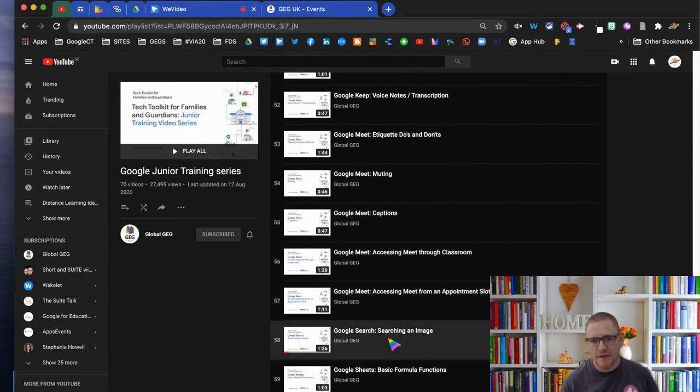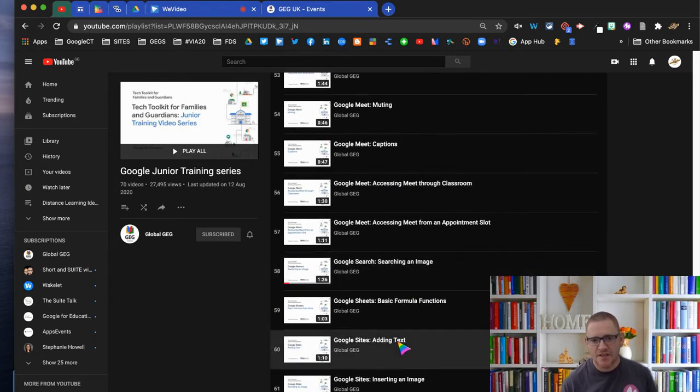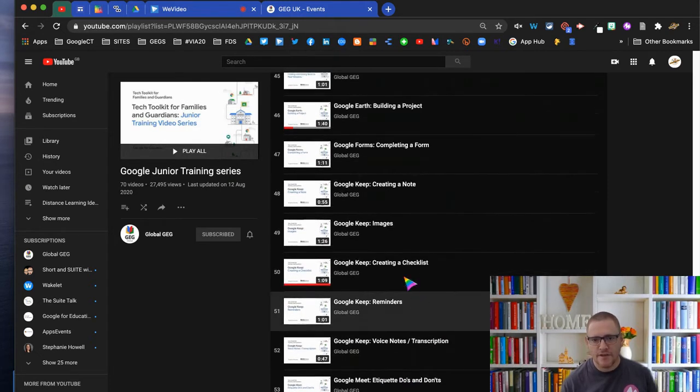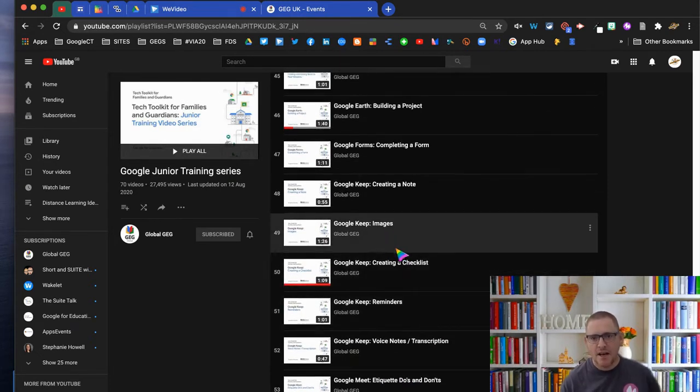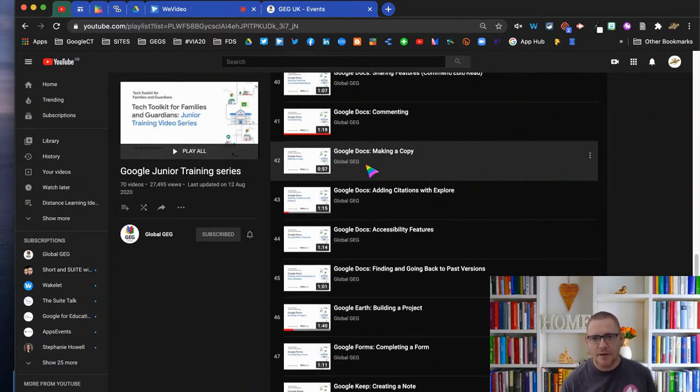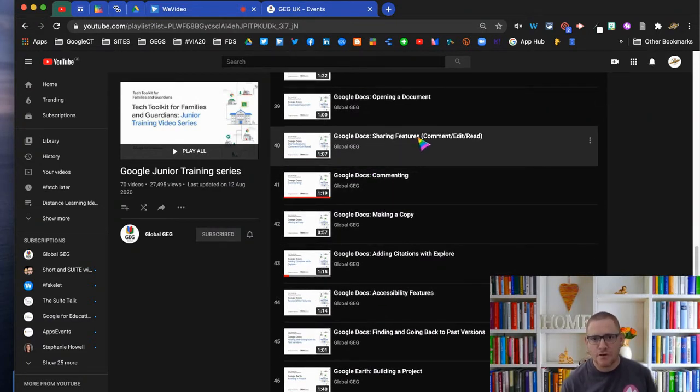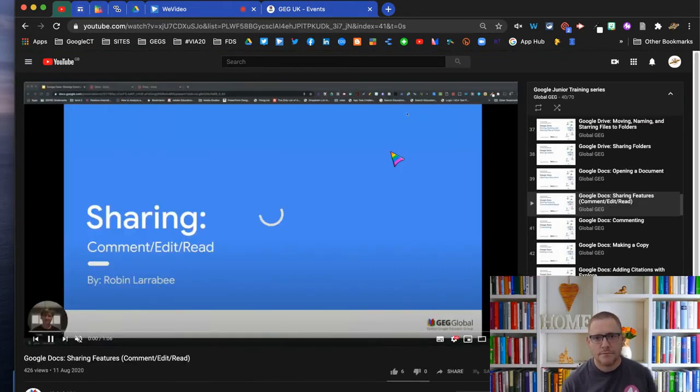So there's all sorts of options there, from things like searching an image all the way through to inserting an image in Sites, putting images into Google Keep, making copies of documents, commenting, sharing, and so on. So just as an example,